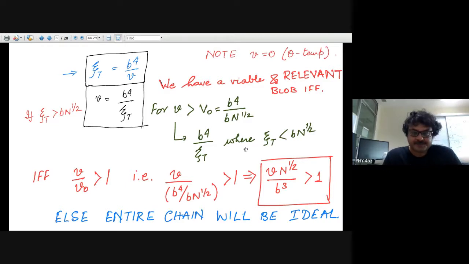blob length scale, right? You will have a scale below which this polymer segment will behave like an ideal chain, and so from this we will have a valid definition of the blob only when v by v0 is greater than 1. Now I have just substituted v0 as b to the power 4 into n to the power half, and that has to be greater than 1, and I come back to this